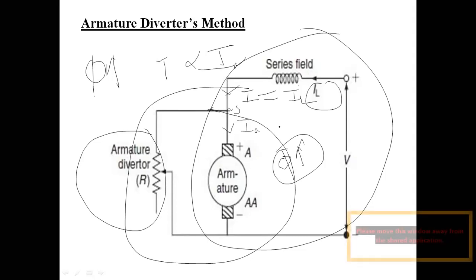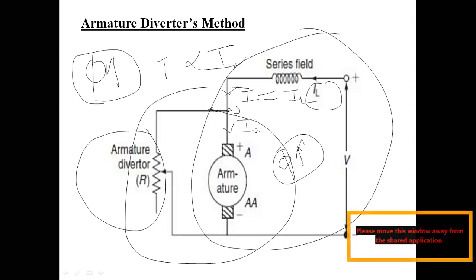For the production of the high flux, the motor is going to draw heavy current from the supply. Why? Because a sufficient amount of current is not going to flow through the armature, as we divert it through the resistor. By varying this resistor value, we regulate the armature current. So in this situation the motor draws more current from the supply, the current through the field winding increases, so the flux increases and the speed of the motor decreases.